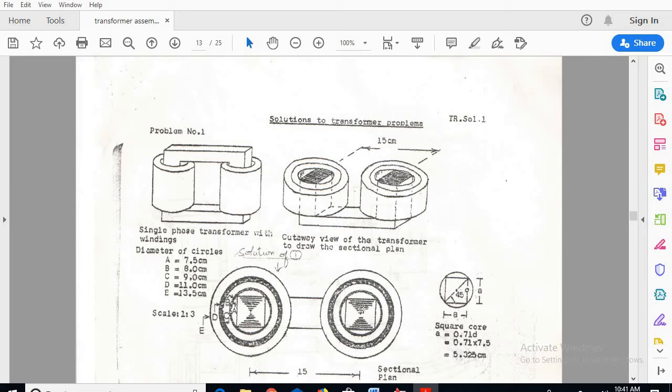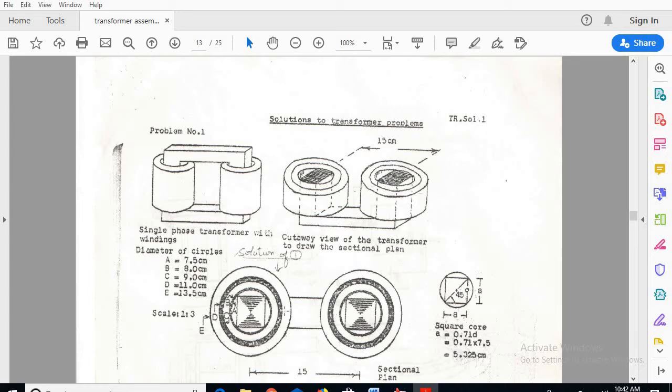Again go for the mid of the diagram, select the circle, type diameter D and mention the value, 8 centimeters, and I get the second circle. Similarly, the third circle is 9 centimeters, the fourth circle is 11 centimeters, and the fifth circle is 13.5 centimeters. Once we draw all the circles, next we can go for the windings and insulation.